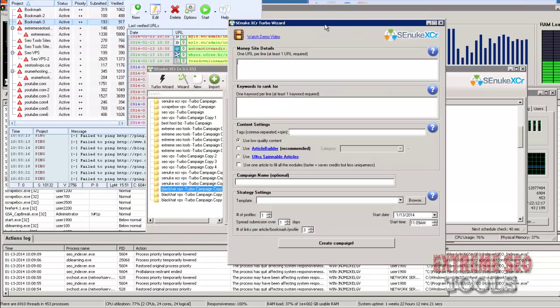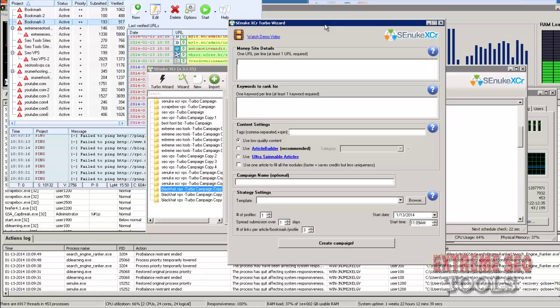The more keywords that you have spread out over your different posts, the more natural it's going to look. I find that using between 5 and 10 gets me the results that I want. If you've noticed that you're getting results with only putting 2 or 1, great, but I've just been trying to be really, really careful after that last update, and it seems to be working well. So for this example, I'll put